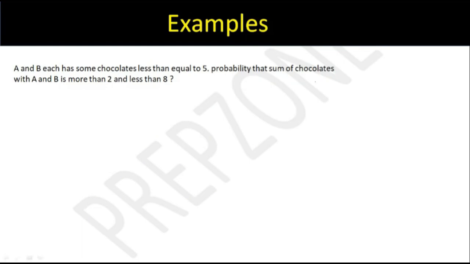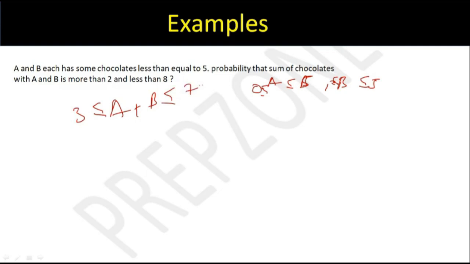See, A and B each has some chocolates less than or equal to 5, right? So A has chocolates less than or equal to 5. B has chocolates less than or equal to 5, and of course greater than or equal to 0, right? What is the probability that the sum of the chocolates with A and B is more than 2? More than 2 means greater than or equal to 3, and less than 8 means less than or equal to 7. This is what we need to find out,